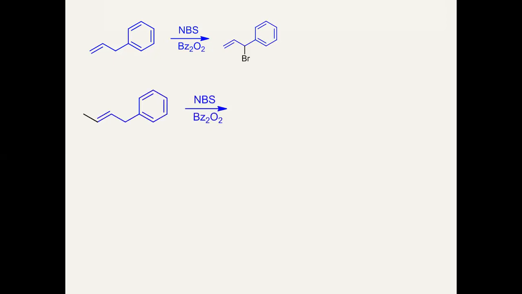See, what do you say for this now? This is the example before you. There are two allylic positions on both sides of the double bond. This is an allylic position. This is also an allylic position. Okay. There are two allylic positions. So where will this bromination take place?